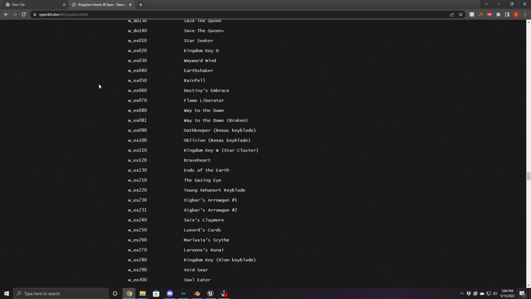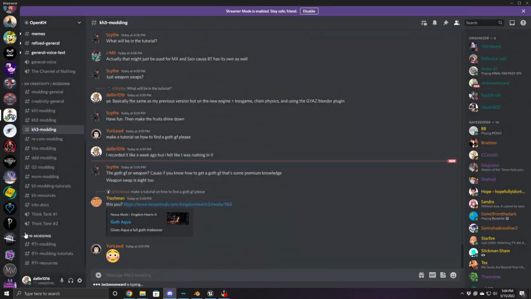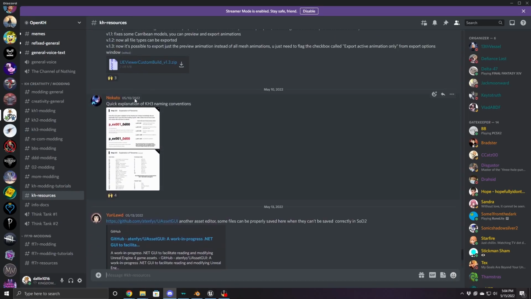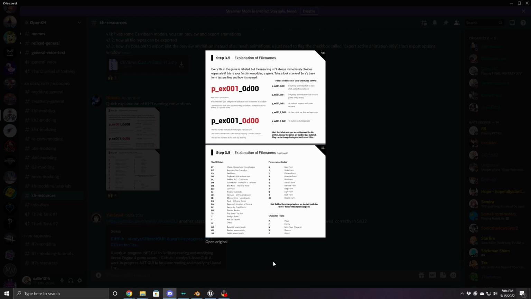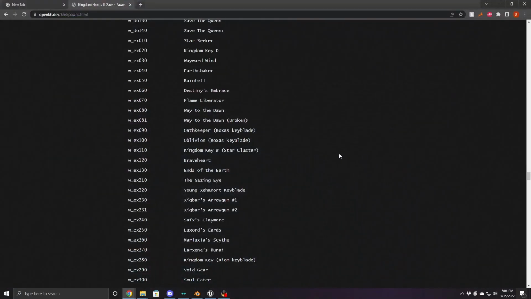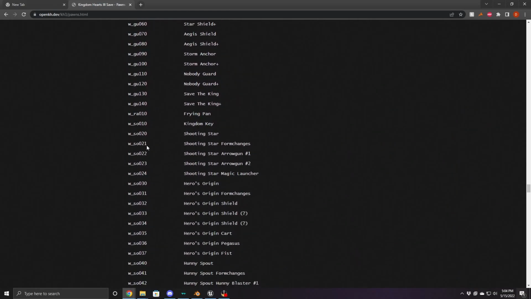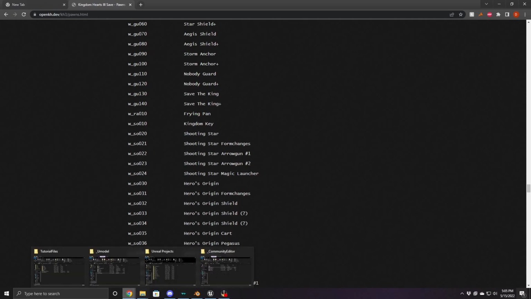If you want to know how all of these naming conventions work, go into the OpenKH Discord, go to KH Resources. Nokuto posted this, which is a really nice breakdown of how the naming conventions for a lot of the files in Kingdom Hearts 3 work. And this includes the weapons. So, in this case, Sora's are going to be WSO and then a number code. Kingdom Key is his first one, so it's WSO010. So we're then going to want to get that model from the